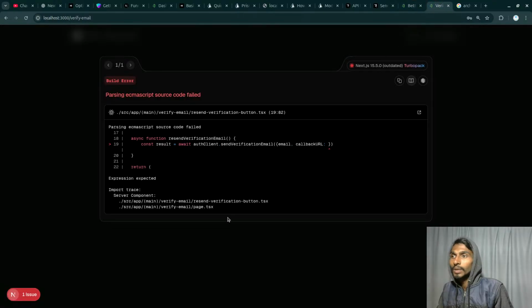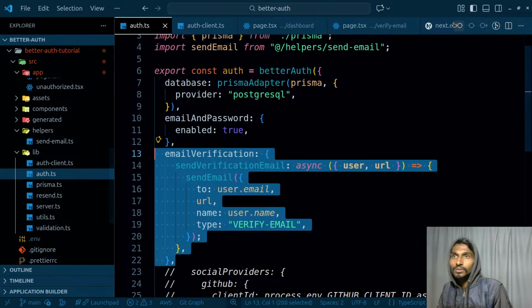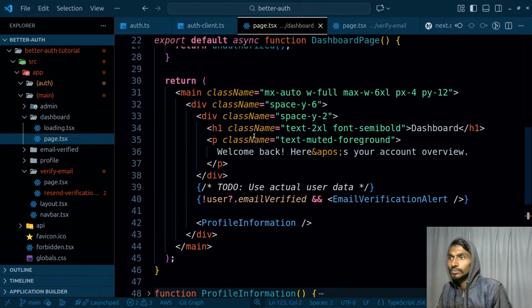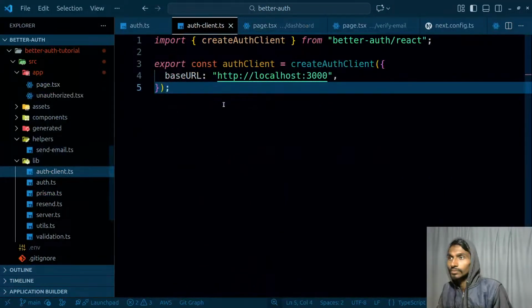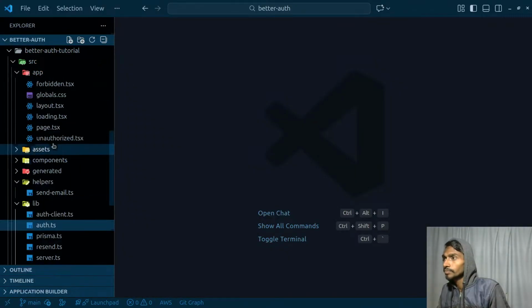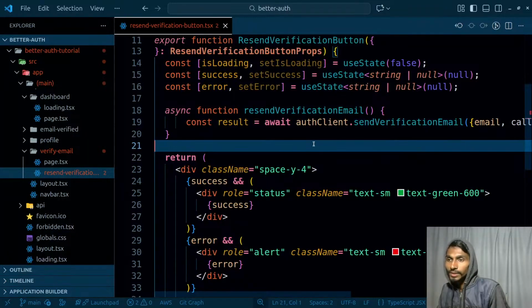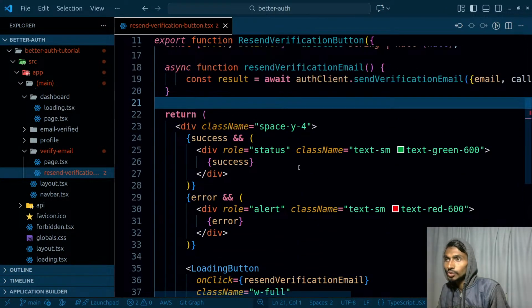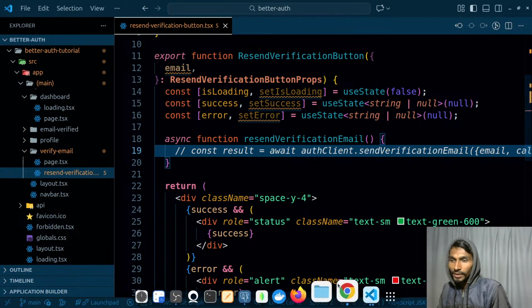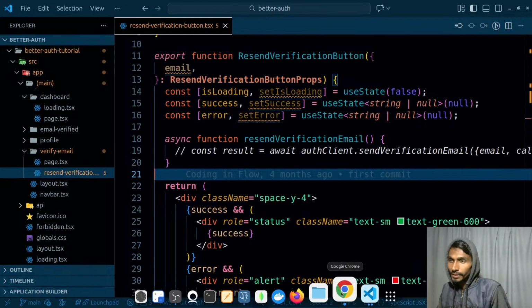So I can come here. First of all, few mistakes. Let's simply comment that. Control K. I have to go here, resend verification email. This should be working fine. Let's do one thing, comment this. After that